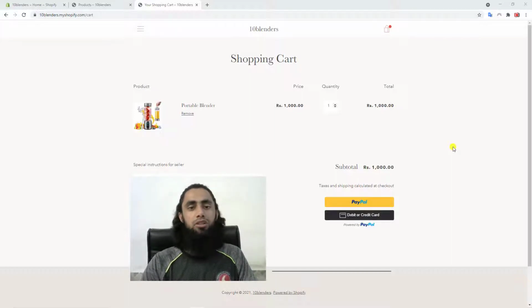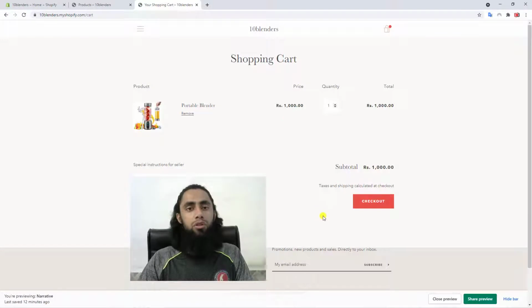receipt. Currently you can see on my cart page that I have the PayPal button and the debit or credit card button. If I refresh this page now, you will see that I no longer have those PayPal buttons because I have removed the code. I will show you step by step how you can implement this by just copying and pasting the code, and I will add the code link below in the description. You just click on that and follow the steps I show in the video, and then you will easily implement everything I explain here.